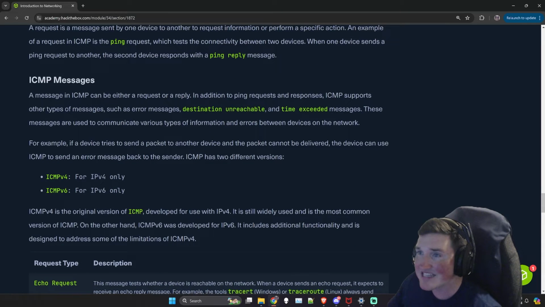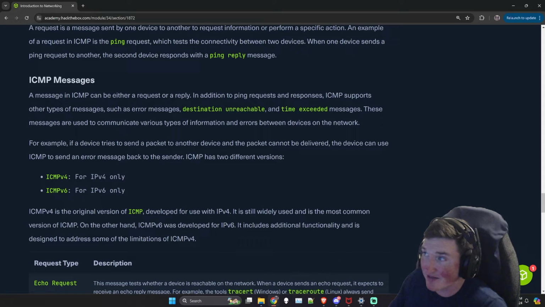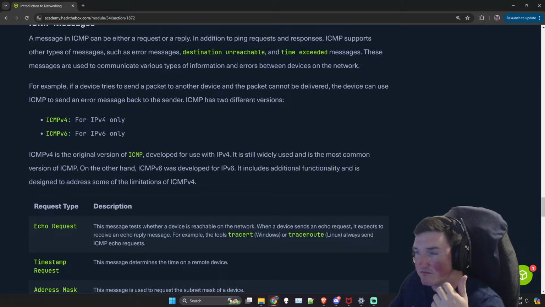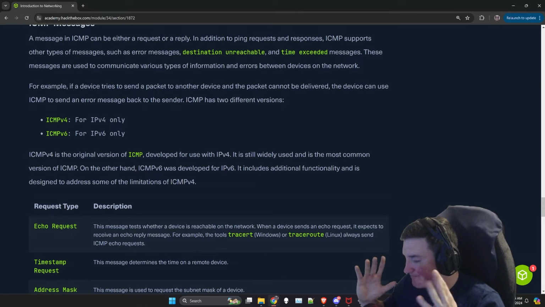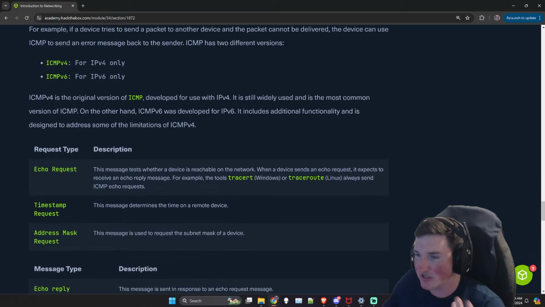And you can see it sends you things such as destination unreachable that you see in ping, time exceeded. Those are messages that are already pre-programmed in there, and that's why we use that protocol, because if we didn't, we would just not get a response, because if it's unreachable, we're not going to get a response, right? So if we don't put something there to prepare for these cases, then we will just get no response and have no idea what to do.